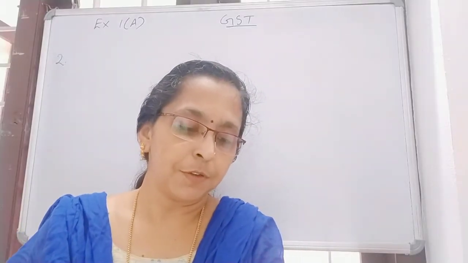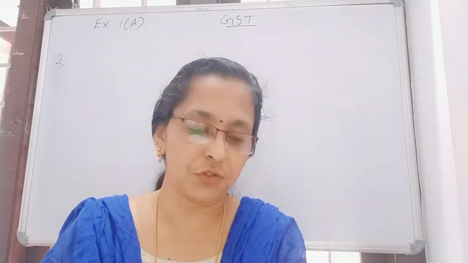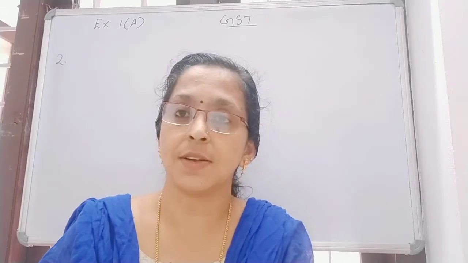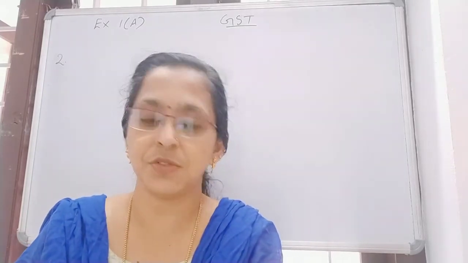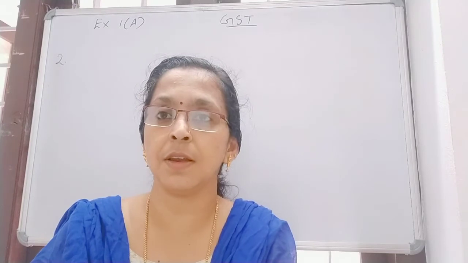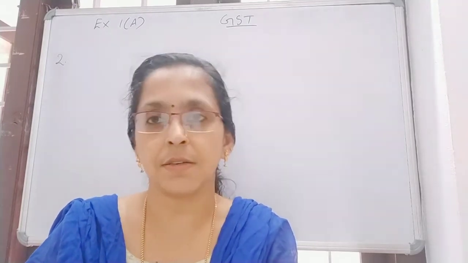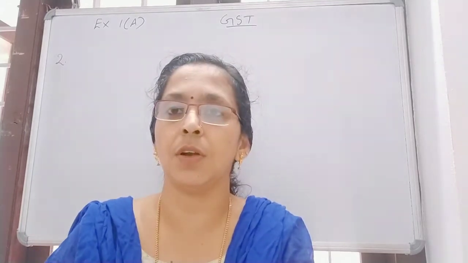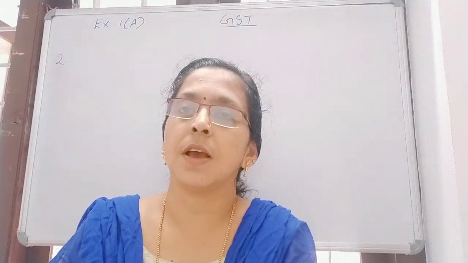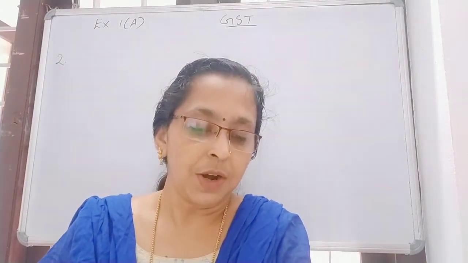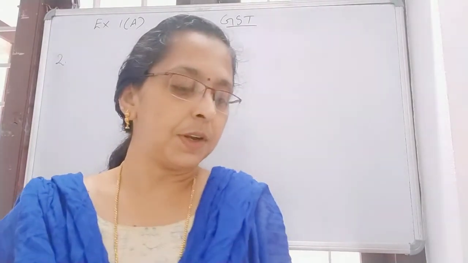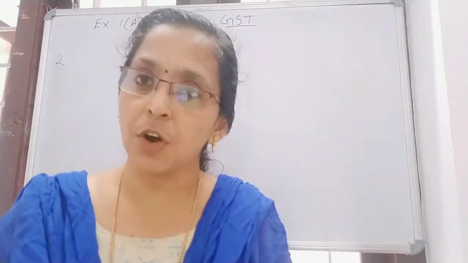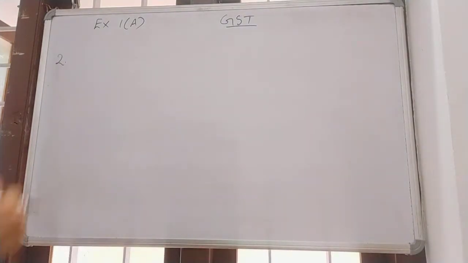Second question. For the following transaction from Delhi to Jaipur, fill in the blanks to find the amount of bill. So transaction is from Delhi to Jaipur. So Delhi to Jaipur means it will be an interstate transaction. Interstate transaction. So we have to pay IGST only, no need of SGST and CGST. Given MRP is 50,000, discount percentage is 20%, GST is 28%. So what will be the discount? Same as question number 1.